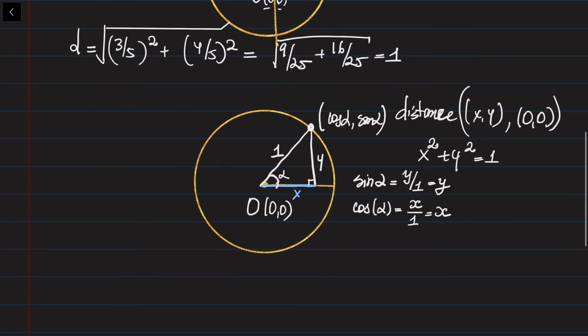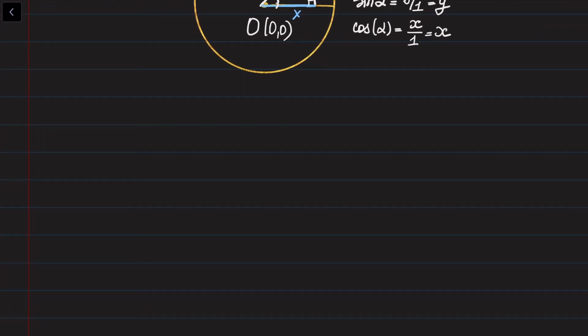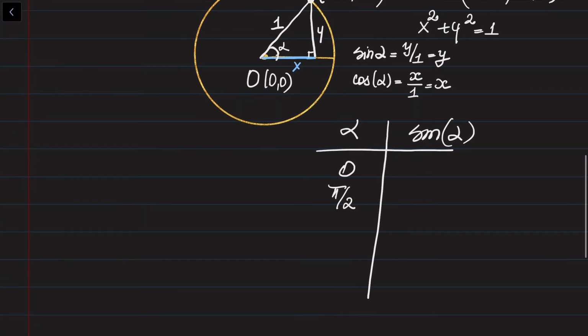So let's define a couple of values of the sine and cosine on the unit circle. Let's say I'm going to make a table and I'm going to try to fill this table out. So let's make a table first of all for the sine. I would like to figure out, for example, if alpha is equal to 0, what is the value of the sine of alpha? If alpha is equal to pi over 2 or 90 degrees, what is going to be the value? If the angle is equal to pi or 3 pi over 2 or 2 pi, what are the